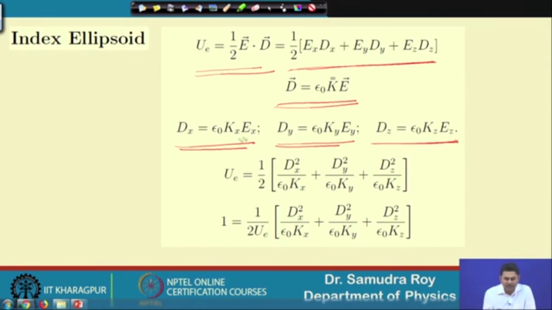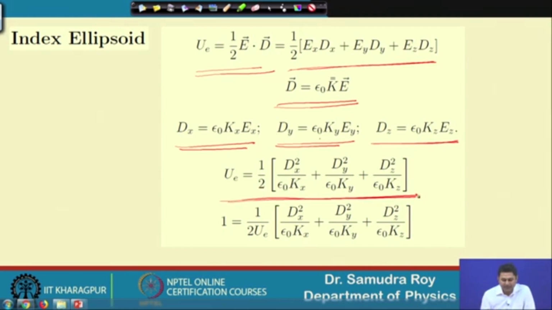So, Dx and Ex are related through this, Dy and Ey through this expression, and Dz and Ez through this expression. So, now what we are going to do is replace this Ex, Ey and Ez in terms of D, and if I do, then we will have something like this,